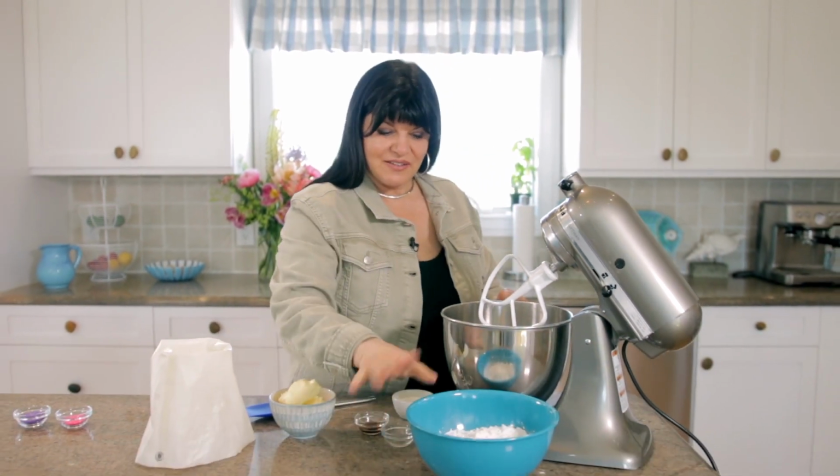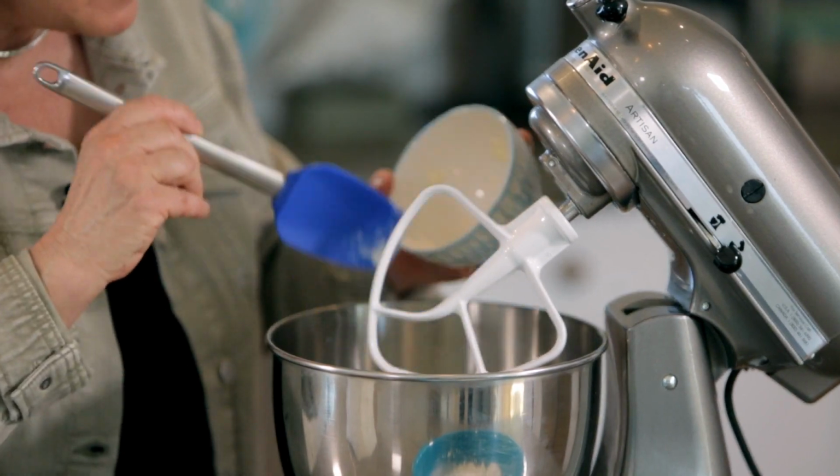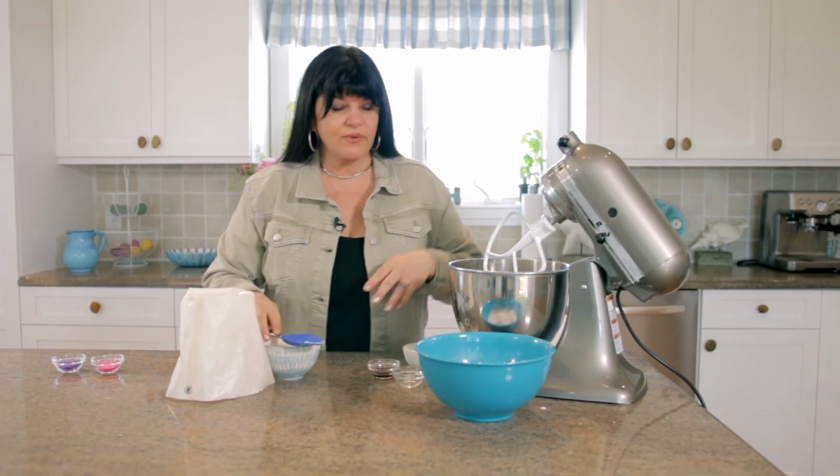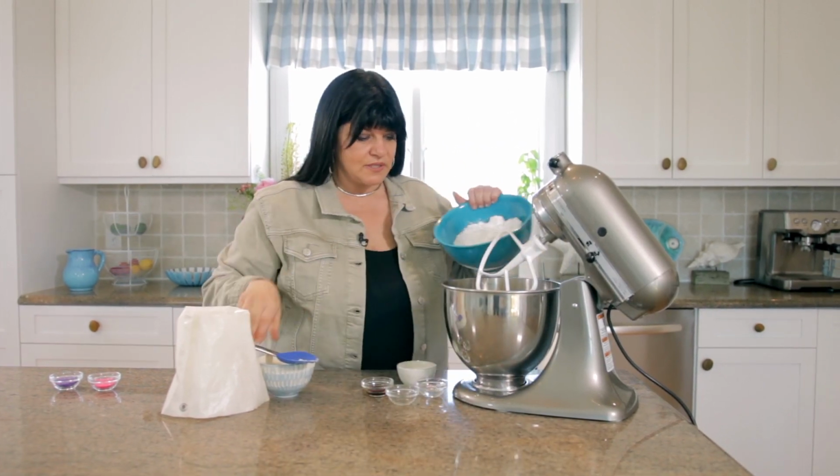So now for our magical buttercream. Okay, we have our powdered sugar there, which has been sifted, and we're adding our butter. Now this is lightly salted. I don't add extra salt. Salt's already in the butter. So all we're gonna do really is mix our sugar